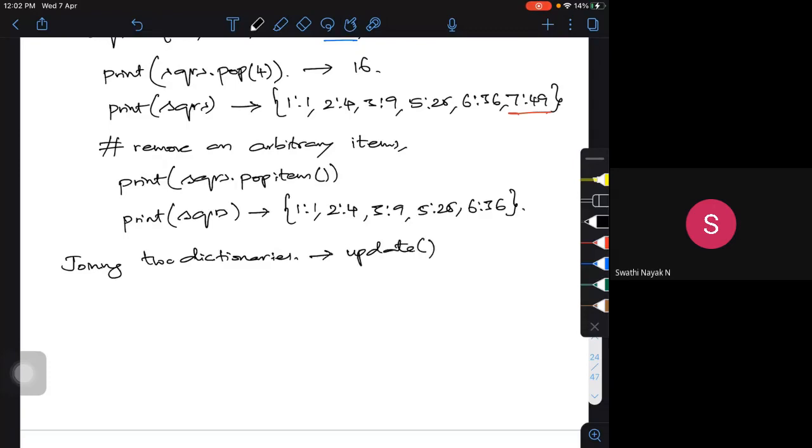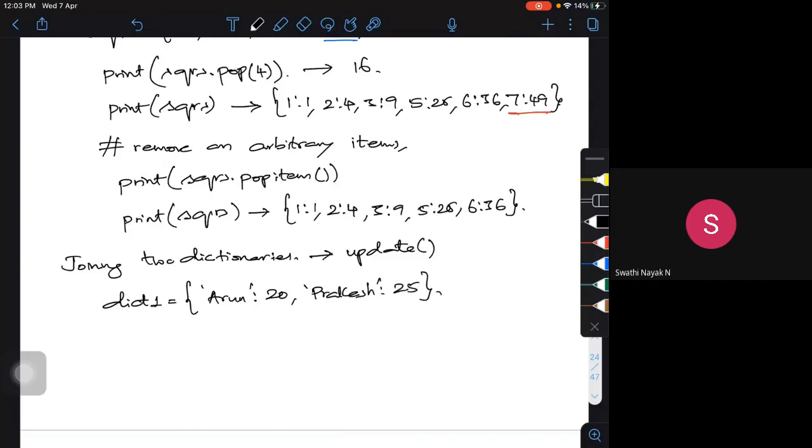Say I create dict1. Here I'm going to have the name and age. Something like Arun is the key with age 20, then maybe Prakash, 25.